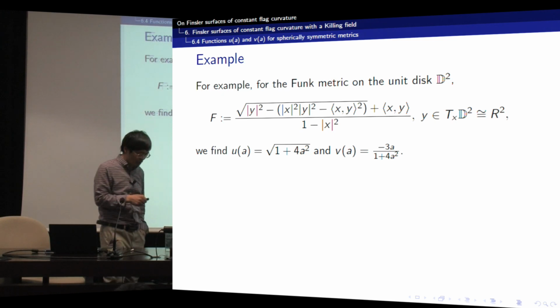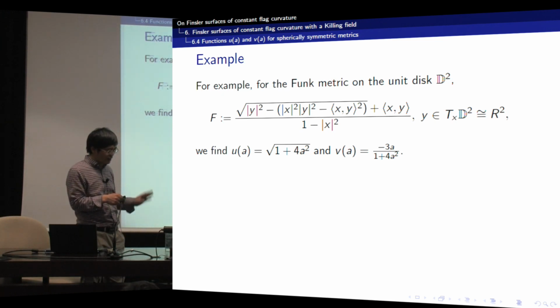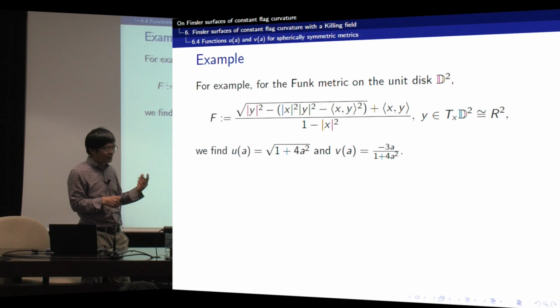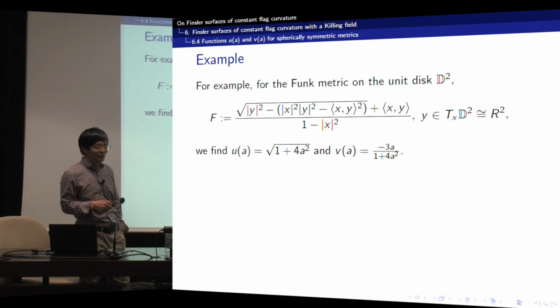So in this lecture, we discuss two parts. The first part is constant curvature surfaces with a two-dimensional isometry group. The second part discusses the one-dimensional group, which means one Killing vector field. We can describe the surface of this Finsler surface, and we can do reconstruction, and find many examples. Now we find several examples that are singular. Maybe we can find a new example that is non-singular, that is regular. Okay, that's all. Thank you.